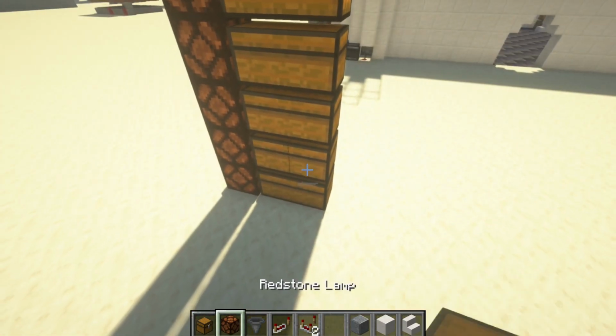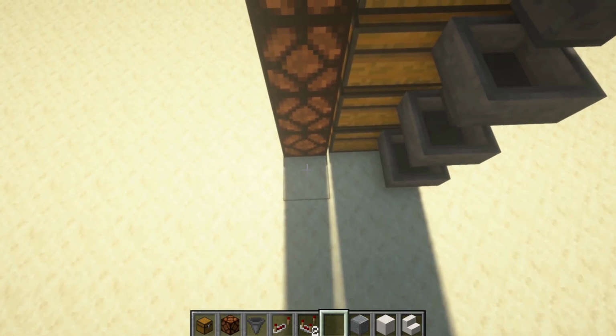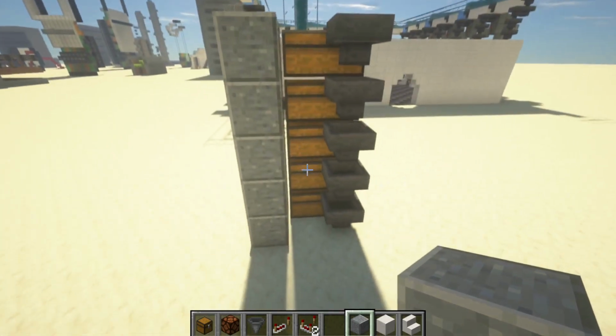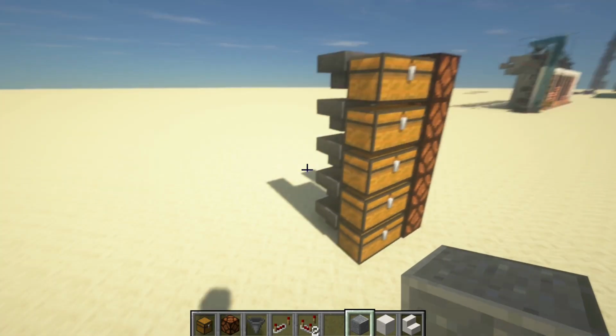And then behind the chests, we're going to place hoppers all the way up to the top. Behind the redstone lamps, we're going to place any building block. It doesn't particularly matter. Ta-da! Now we are going to attach the lighting to the hoppers, so that way it detects whenever there's an